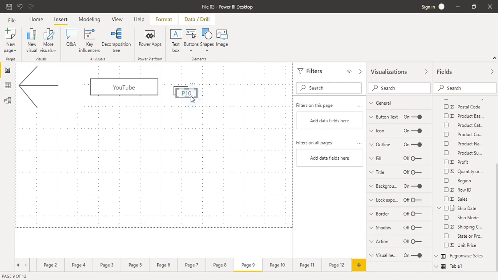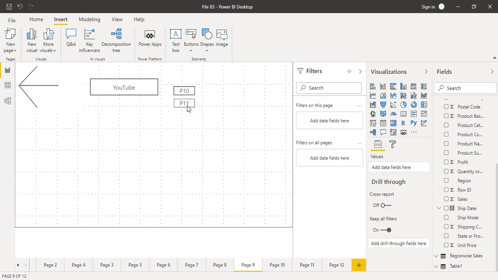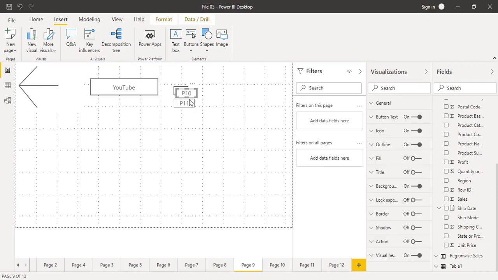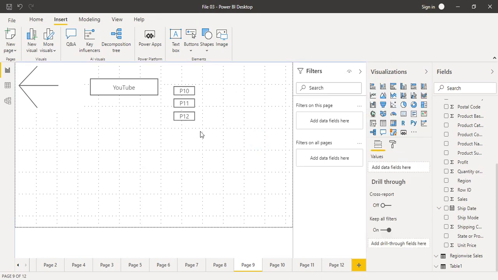So this button is duplicated. Now all you got to do is change 10 to 11. Okay, and then for the 12th page we again paste it, since it's already copied, bring it down and change the button text to P12. Okay, now these are the three blank buttons.